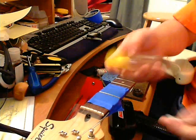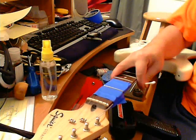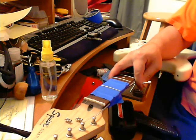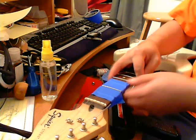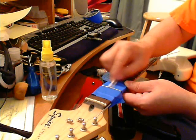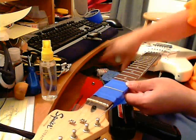this is just some rubbing alcohol, and you can either use rubbing alcohol, you can use naphtha. You can buy naphtha from Home Depot or whatnot. It's lighter fluid. It's a good cleaner, degreaser. If you get really nasty, grimy finger gunk, it works great for that. But I like to clean up like that, and I'm just going to use